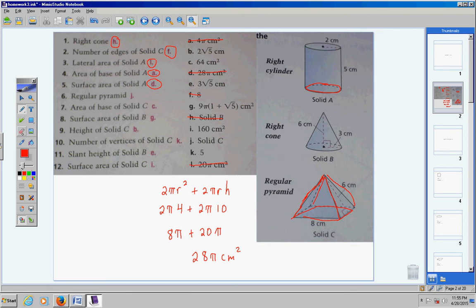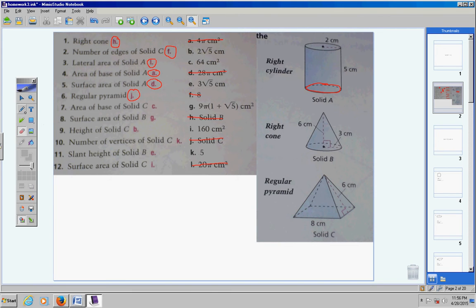All right, moving on to number 6. They want us to find the regular pyramid. The regular pyramid is right here, and that's solid C. So the regular pyramid is solid C, letter J. All right, number 7, area of the base of solid C. Here's solid C right here. It's a regular pyramid. Remember, if you have a regular pyramid, the base will always be a regular